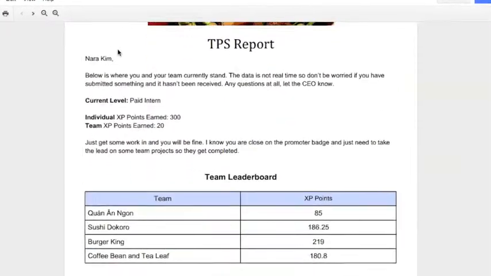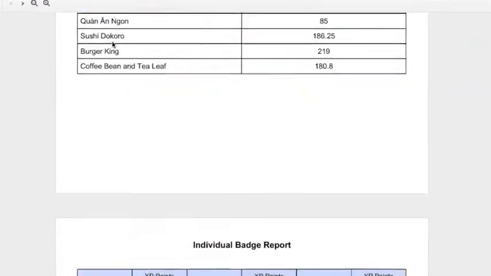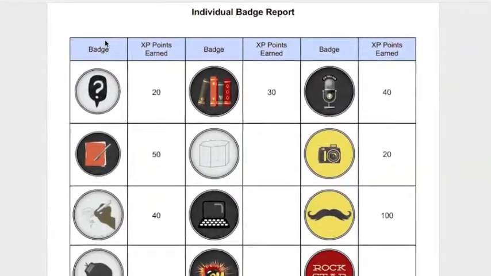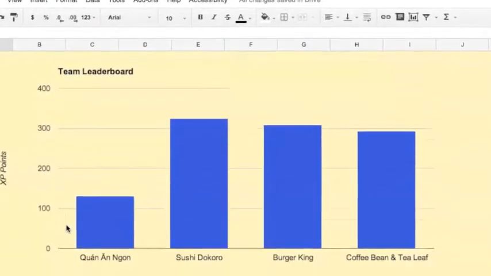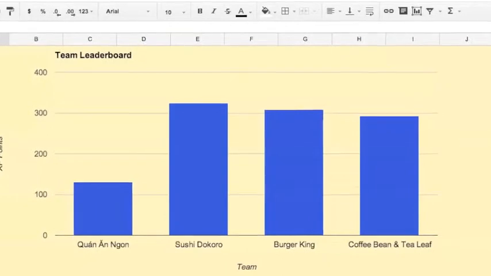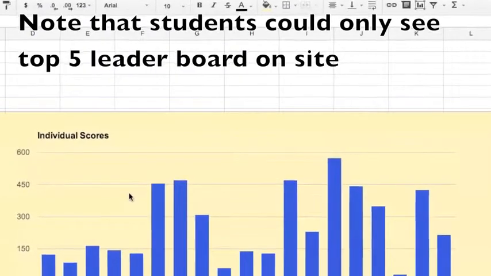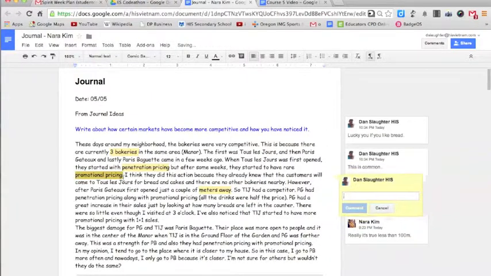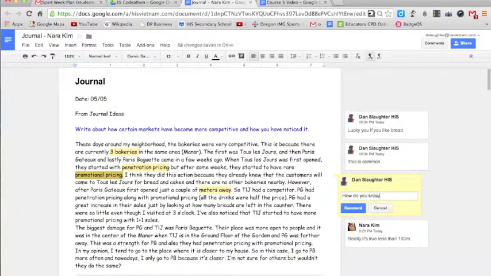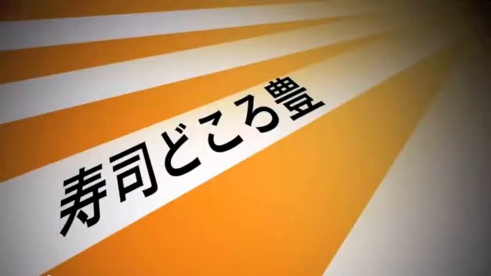Therefore, students got the reports, they saw their points, they knew where they were. Or they can go to the website and they could see exactly where the team is or the individual on the leaderboard. I had to update this, but once I updated it, it automatically went to the website. Students not only created and shared their projects,